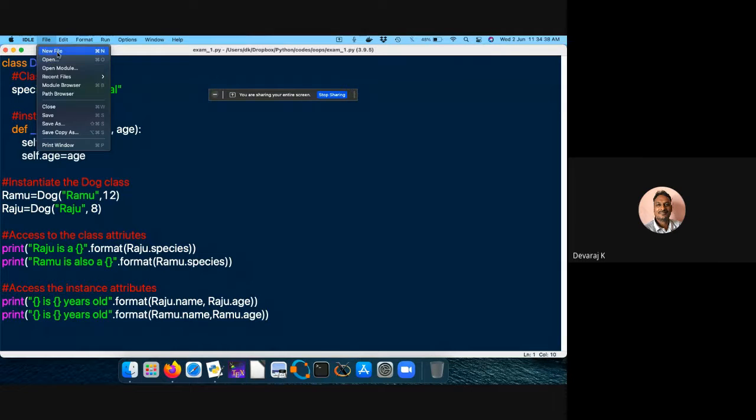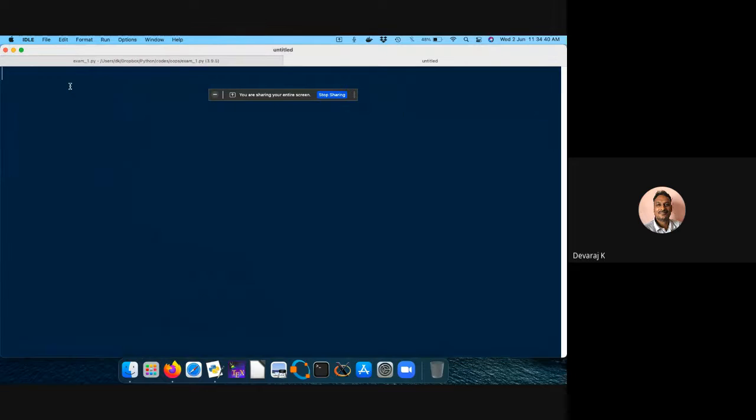So we'll try to create a new file. Let me give one more example. Let me create some kind of a bird actually. Where we have what is called inheritance. We'll try to look into that actually. Why this code is not running? I don't know. So let me create some parent class. Then it is a class bird. Then let me use the class methods. So I'm going to create some instances.